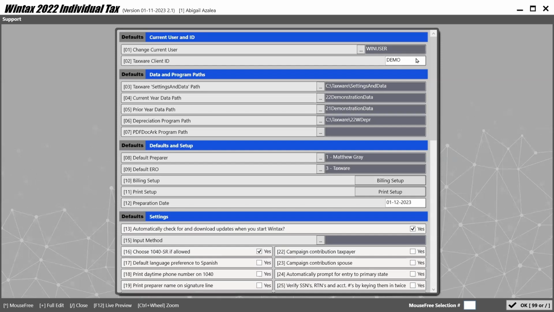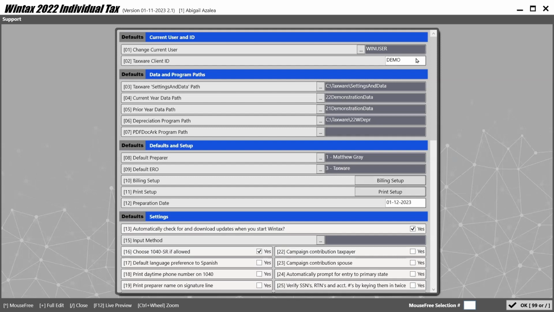The program automatically checks for those updates every time you open it, and it'll send you a little pop-up message when there's an update available. We highly recommend you download the updates as soon as they're available. They typically take less than 30 seconds to complete, and they make sure that you have all of the most up-to-date things. When states unlock, when any bugs are fixed, things like that, that updater is going to be what